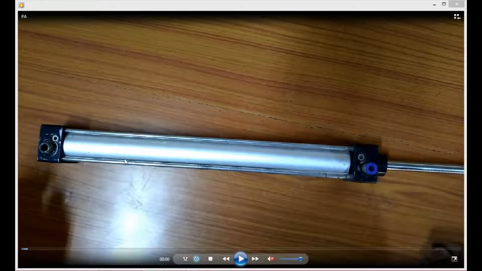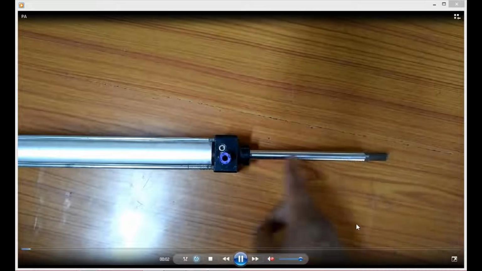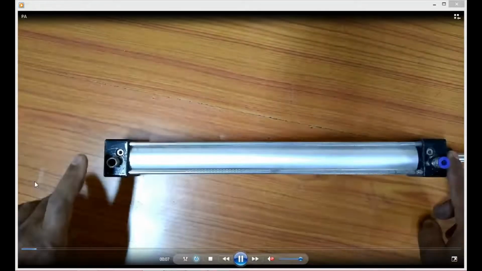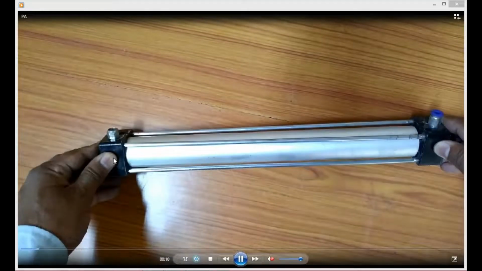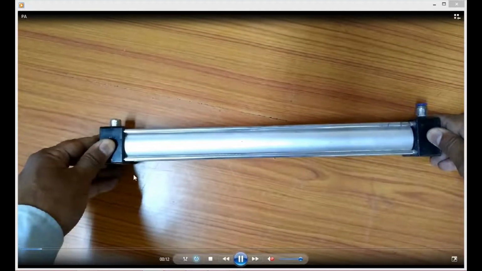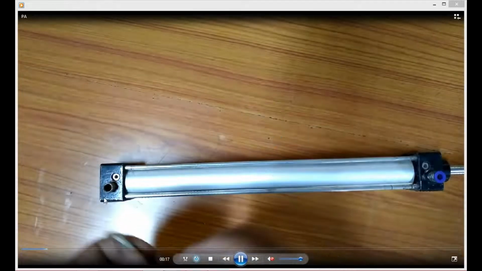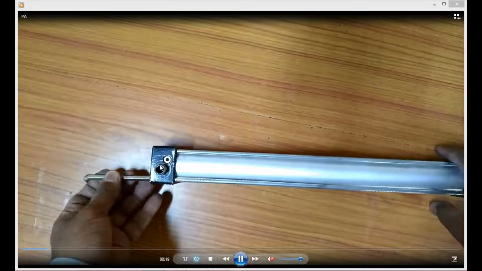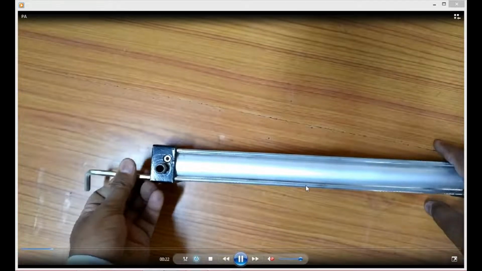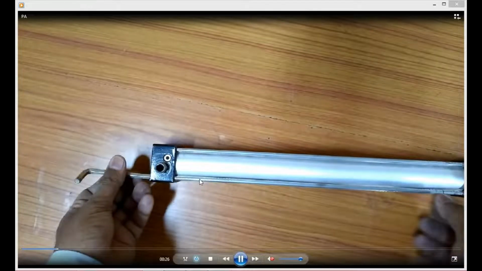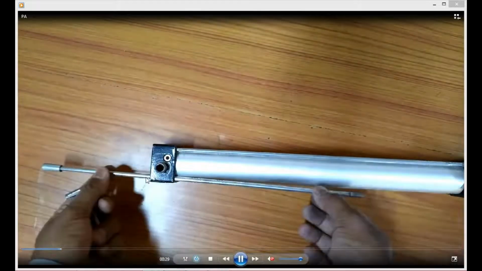So here is how to disassemble this pneumatic actuator. See this movie properly. This is the piston, this is the hose nipple, right? And these two black parts are the end caps, one called the input end cap and another the output end cap. How to remove these end caps? There are tie rods, extension rods present, so by using the Allen key you can remove the nut connected at the end of this tie rod or extension rod.